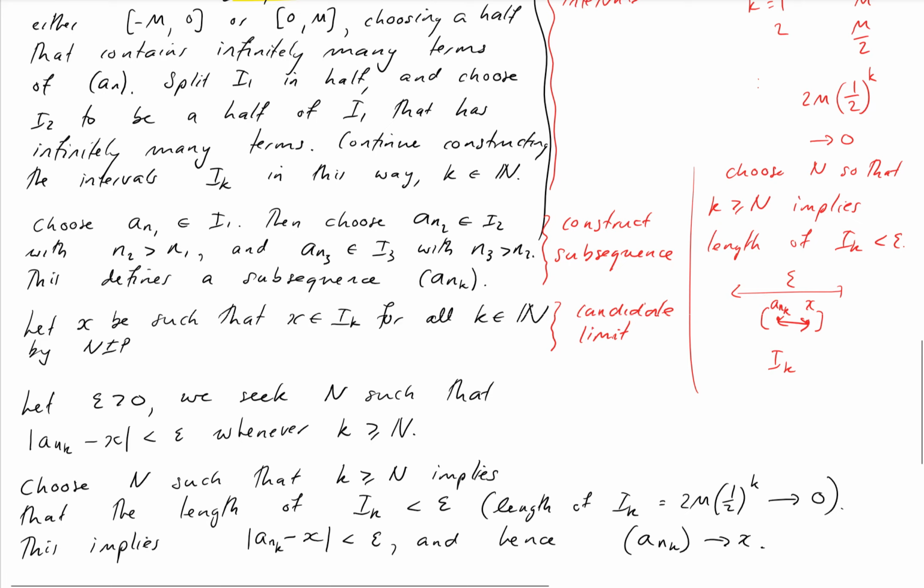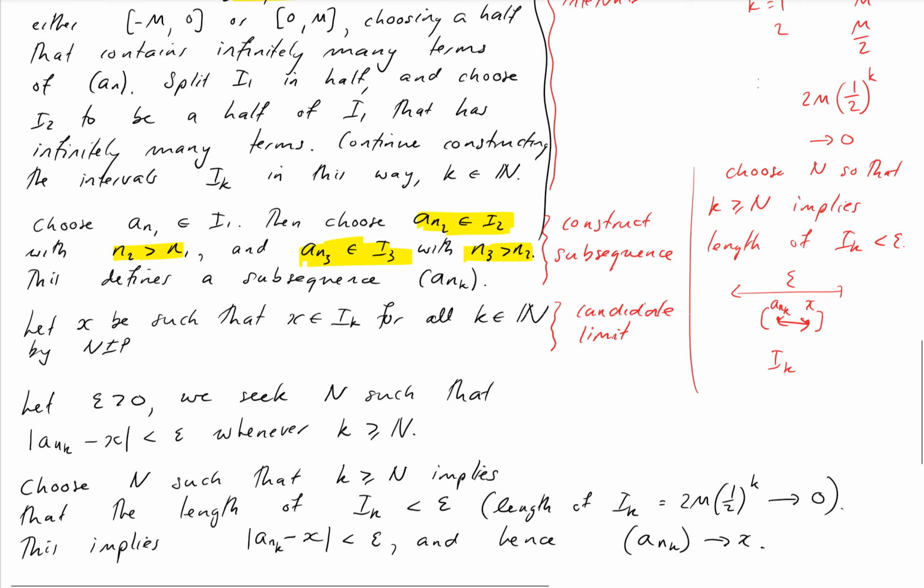Okay, so this particular proof had quite a lot of setup involved. We had to come up with defining our subsequence in quite a clever way. And we made heavy use of the fact that sequences have infinitely many terms. The reason we did that was so that we could always choose these elements here. We could always choose a n2 with n2 greater than n1, and a n3 with n3 greater than n2, etc., etc. Why do we want to do that? Well, otherwise it wouldn't be a subsequence. And if at some point we had an interval with finitely many points left in it, then we may not have been able to choose a high enough number n to make it work. So we made heavy use of the fact that we have infinitely many points in our sequence.